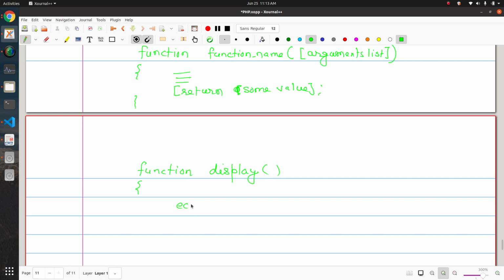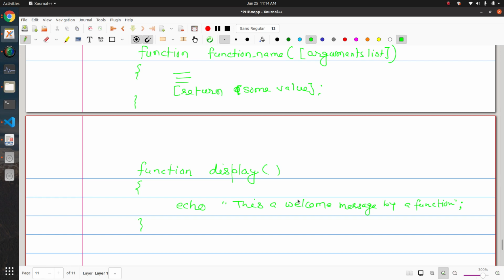Let's say echo "this is a welcome message via a function". I am just specifying a random message; you can have a different message. There is no special argument for this message. This is how you define a function.